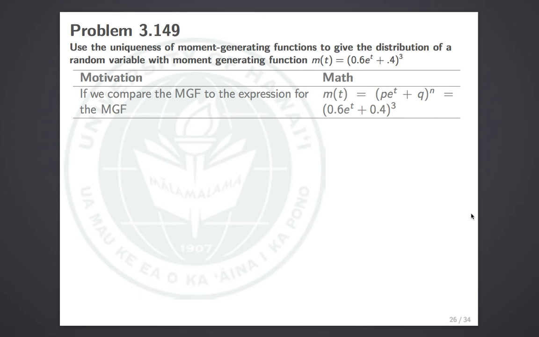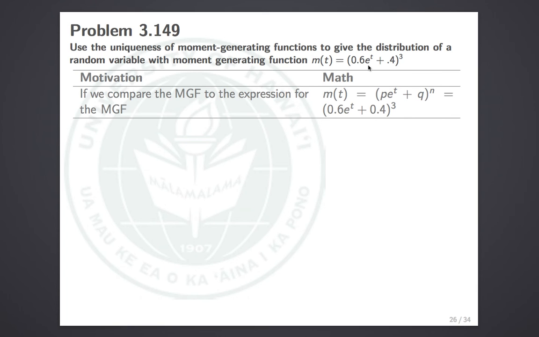Use the uniqueness of the moment generating function to give the distribution of a random variable with moment generating function m(t) equals the given expression. If I compare the moment generating function that I calculated with exactly what they have, you can see that p is the same as 0.6 and q is the same as 0.4. I look at this and say that it has the same form as the binomial distribution, so this must be the moment generating function of a binomial distribution,